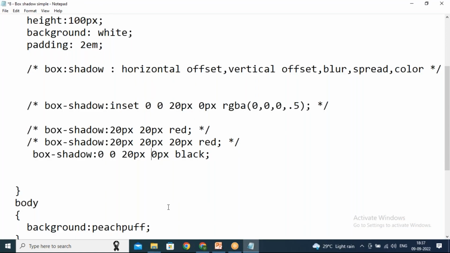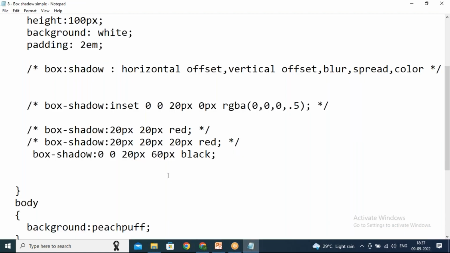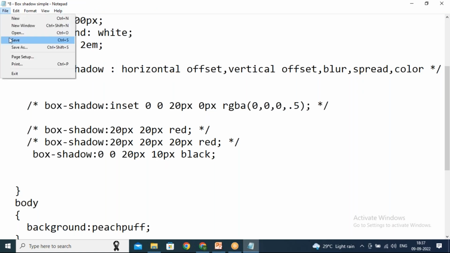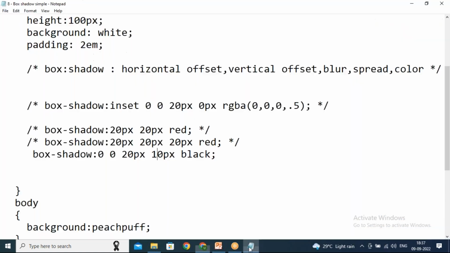Now I'll show you more clearly. I'll give the value as 60, spread as 60. Now you just see, right? So this is how the spread works. The spread defines how wide you want the shadow to be spread, right? Okay, then instead of giving this color as black, if I give the RGB values, I can specify the